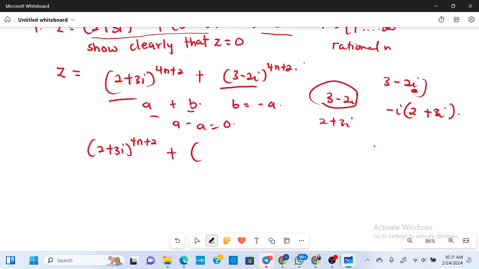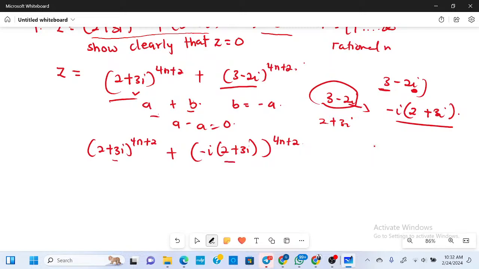So you know that i multiplying i is negative 1. Then already this i is negative, and that's going to give us positive 3i. Sorry, positive 3. If you are to multiply it back, you get this. So this is the representation of this, so that it is going to look like what you have here. So I'm writing it here, negative i, open brackets, 2 plus 3i, close brackets, all to the power 4n plus 2. So at this point, I have my expression here and my expression here being almost equal, but we have